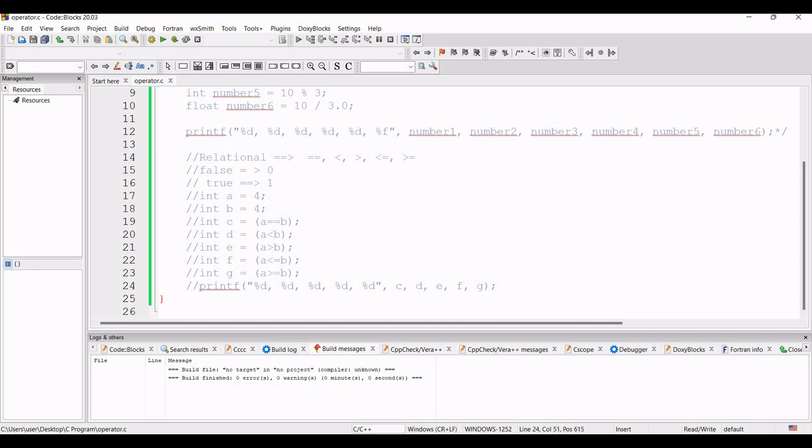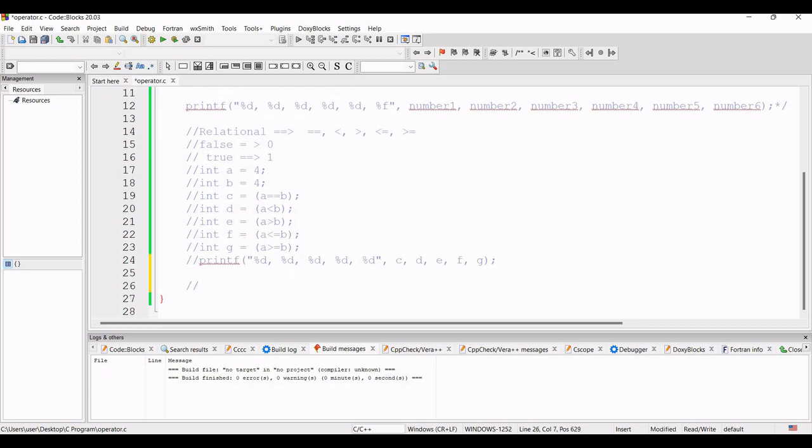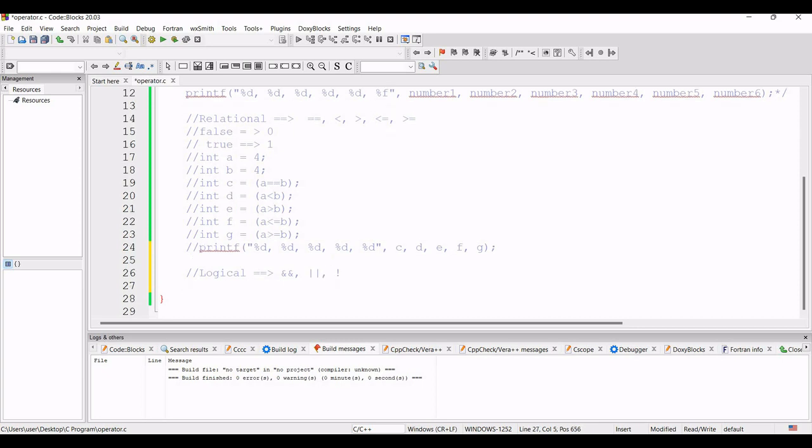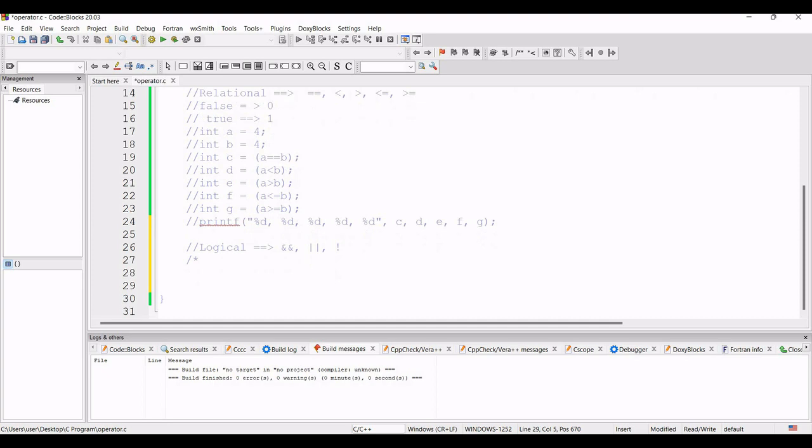So now the next one is logical operators. What are the logical operators over there? The logical operators are AND, OR, and NOT. So what is the AND operator? So I am making one multi-line comment over there, and I am just discussing the AND operation. So what is AND operation?